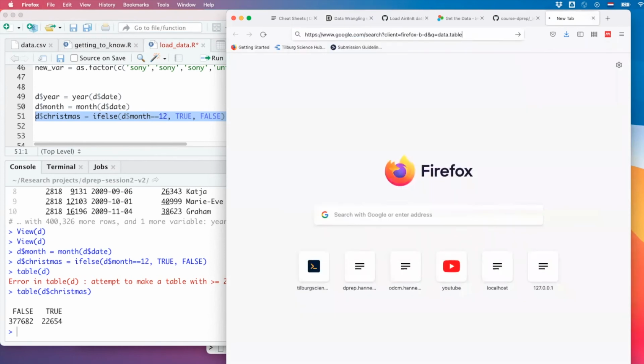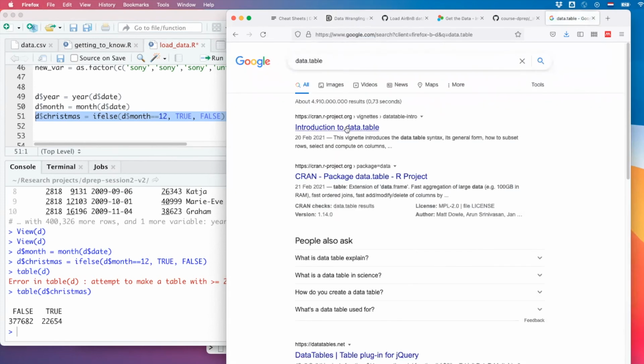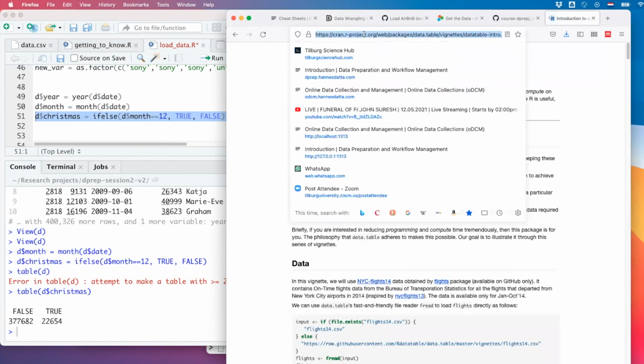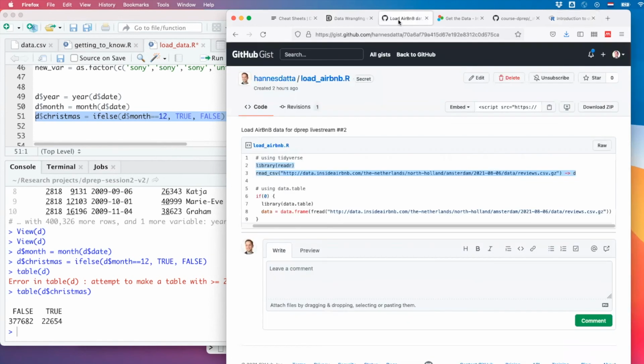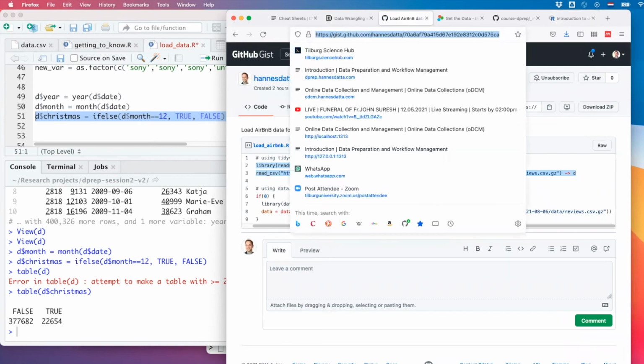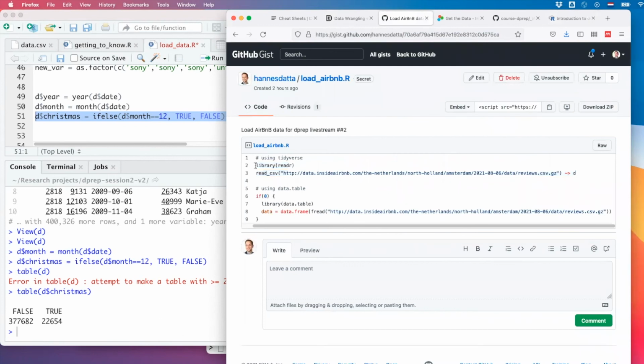It's called data.table. And I'm posting this to the chat, which I believe is way more efficient when you work with really huge data. If you look at the Airbnb code snippet, which I shared earlier, and I'm putting it back into the chat, try to load the Airbnb data with the first function versus try to load the data with the second function. Watch this. Remember how long it took?